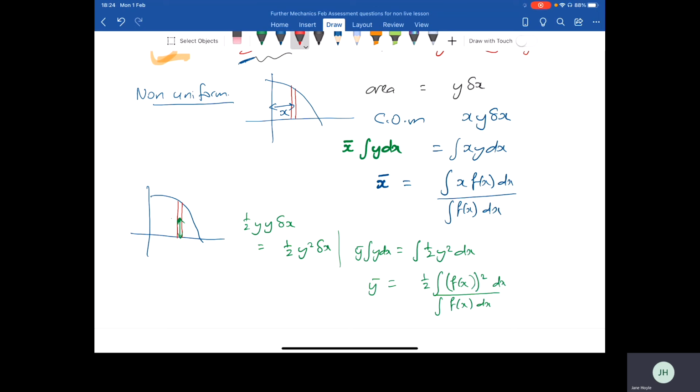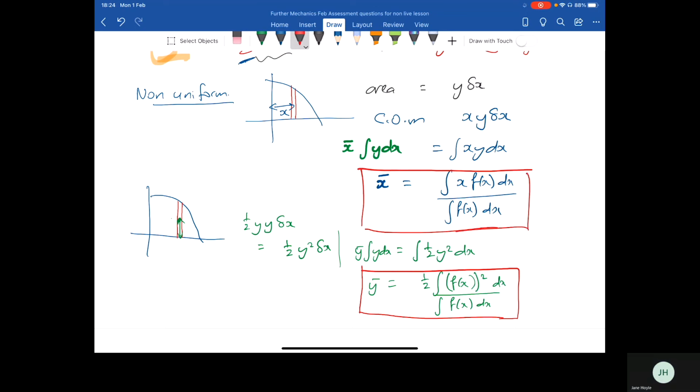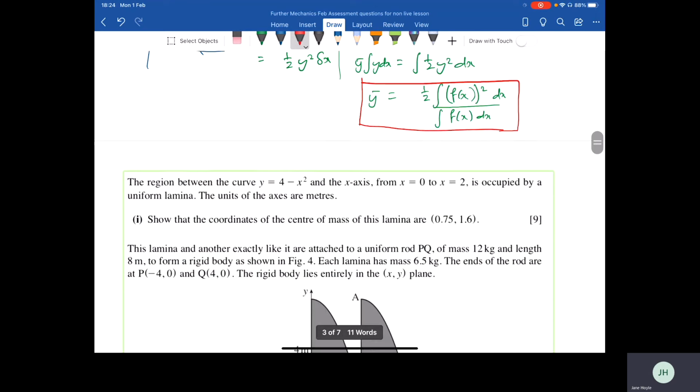So these two formulas here, do we like them? Do we not? They are just a little bit awkward, aren't they? So remember them or learn how to get to them. They're not given to you in the formula sheet. Okay, so